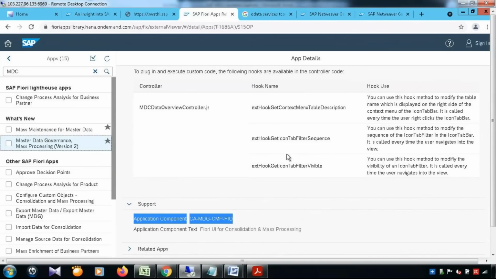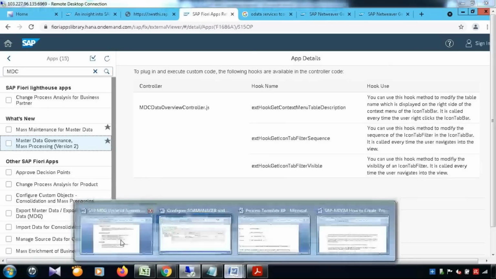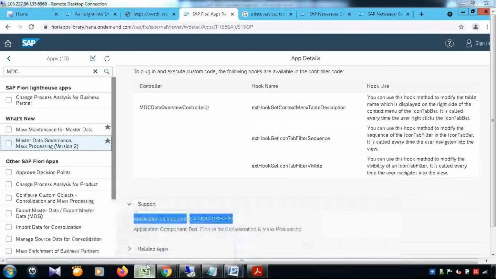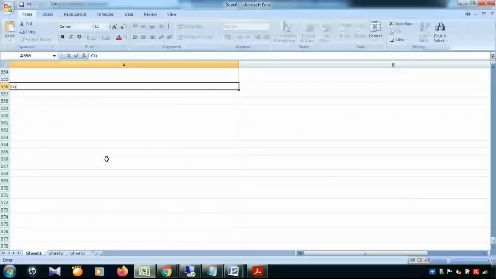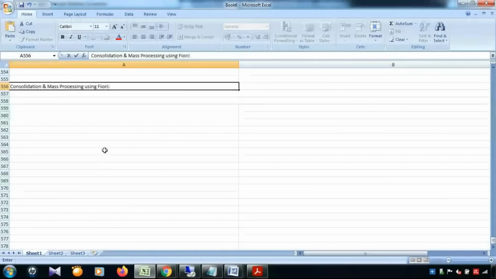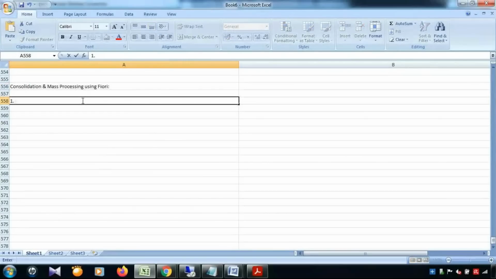Okay. Now, till now, whatever we have done, is that the only thing which we need to do? No. There is one more step which we need to follow for consolidation and mass processing. So if I write it down, what are the things we have done for consolidation and mass processing using Fiori? Then the first thing which we did, that is